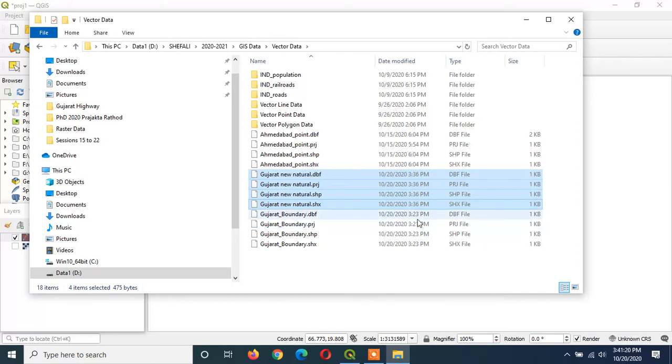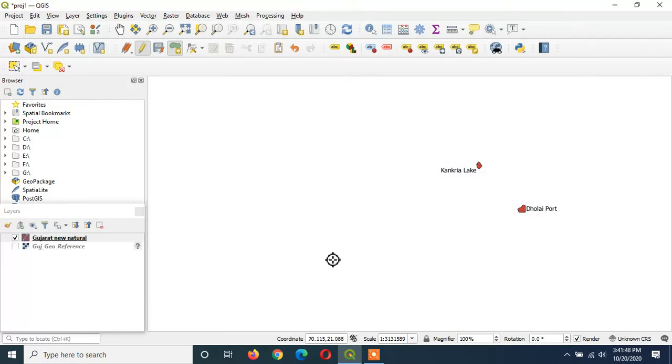We have created Gujarat New Natural.shp, and along with that these 3 supporting files are also created: .dbf, .prj and .shx. When you want to distribute this layer to other people so that they can use your file, you have to give all these 4 files together, otherwise they won't be able to use your vector polygon data. So this is how we can create our own vector polygon data.